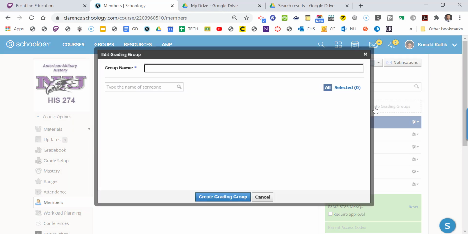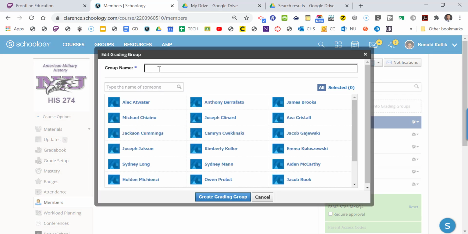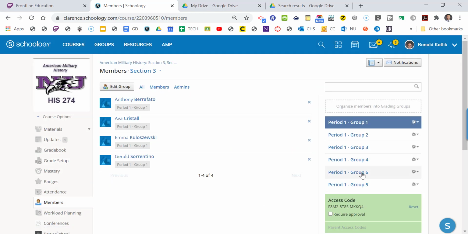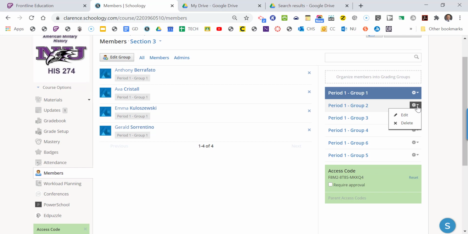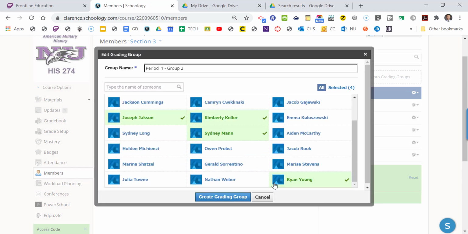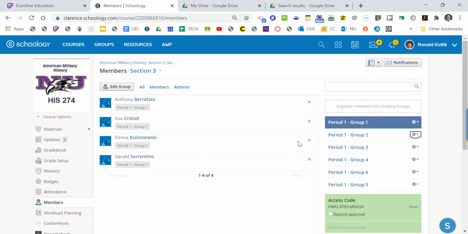All you do is add a grading group, give it a name, and highlight the students you want in that group. That's it. It's really easy. And you can edit the group and change the name of the group. That's pretty much it. Then when you go back into your assignments,